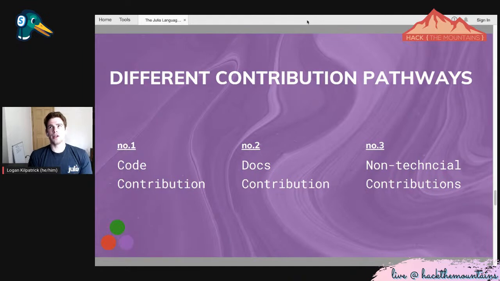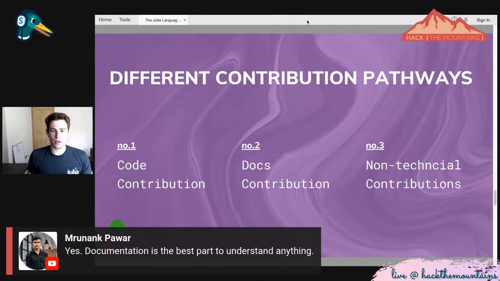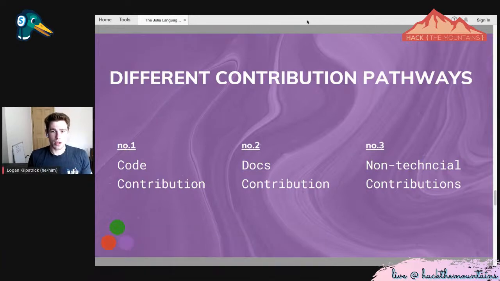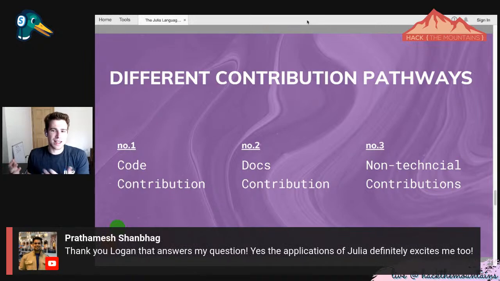And when I look at all these different contribution pathways, there's a lot of times a barrier for some of the other pathways. Like if you want to contribute code, the reality is the code has to be good enough that the maintainers of the open source repository are going to say, yes, we want that code in this code base and we're going to use it. And same thing with the documentation.